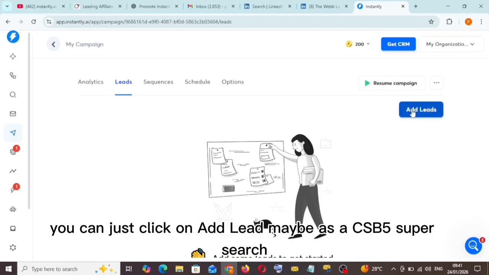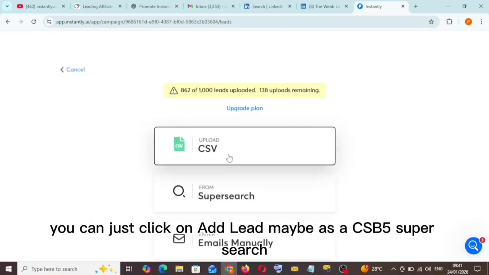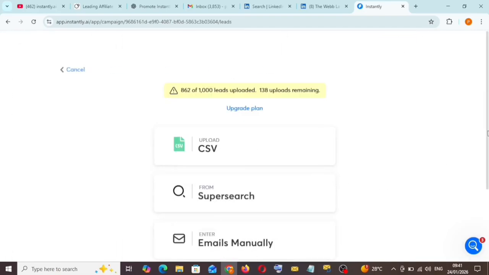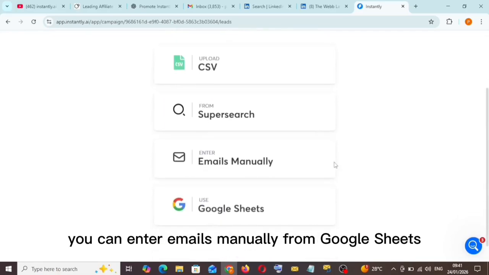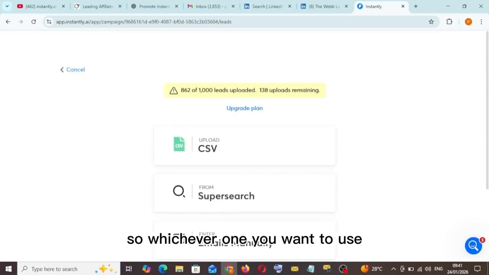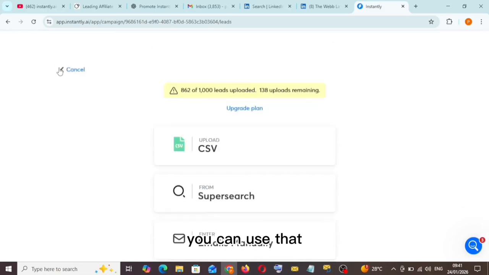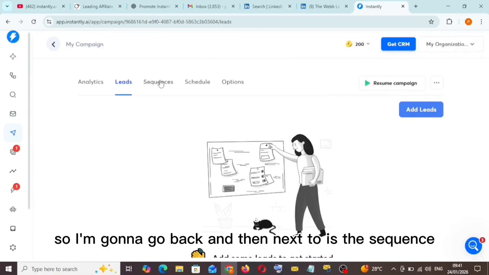So this way you add your lead. You can just click on add lead, maybe as a CSV file, super search, or emails manually. You can enter emails manually from Google Sheets. So whichever one you want to use, you can use that. So I'm going to go back. And then the next thing is the